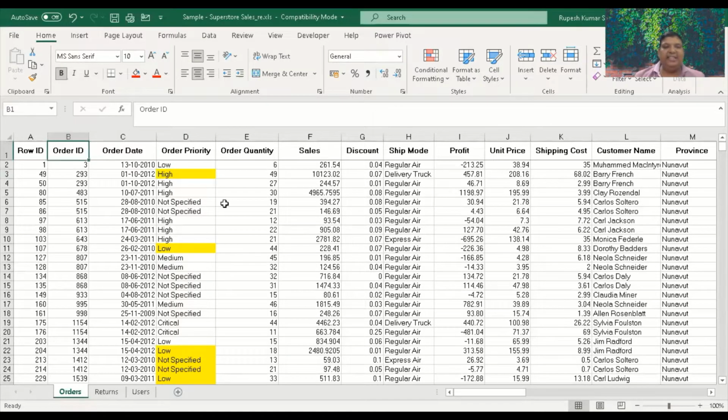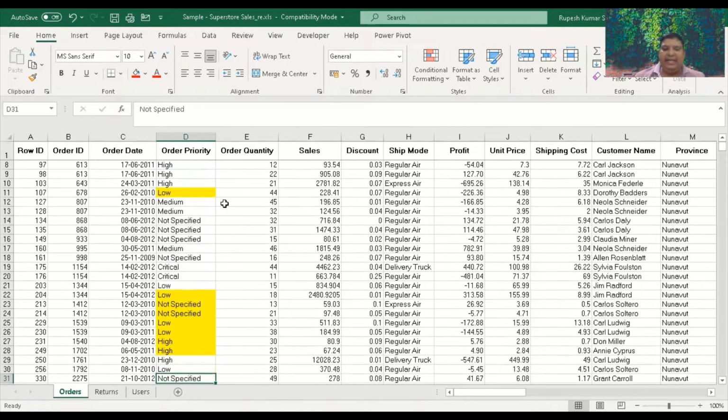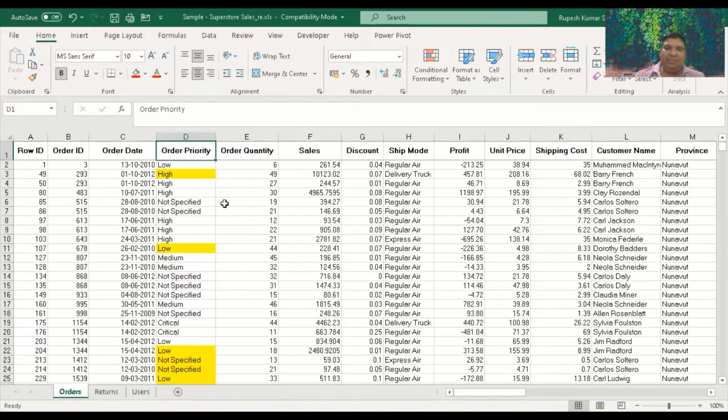In this data set, I already have given color to some of my data and there is no logic in it. I did it randomly. So you can see some of the places I have got yellow color and different color I have given. Whenever you are working on your data, there are a lot of instances when you want to do some task and due to that you are giving some color and later on you'd like to find that data. So how to find the data based on color?